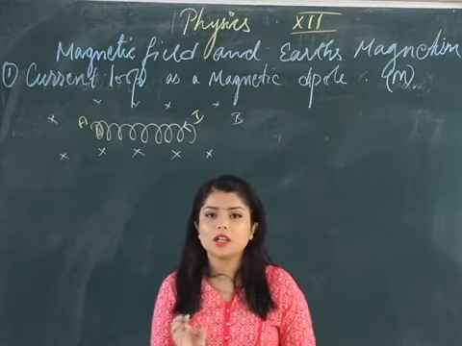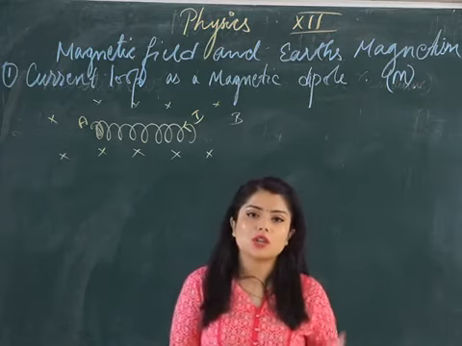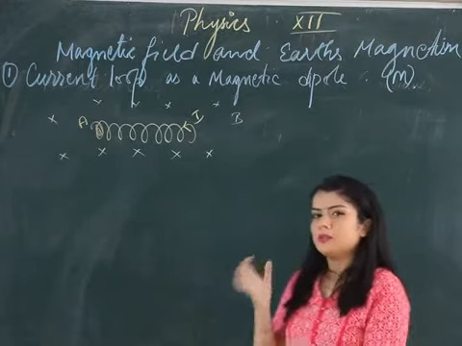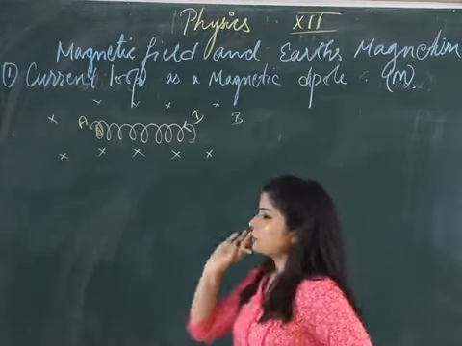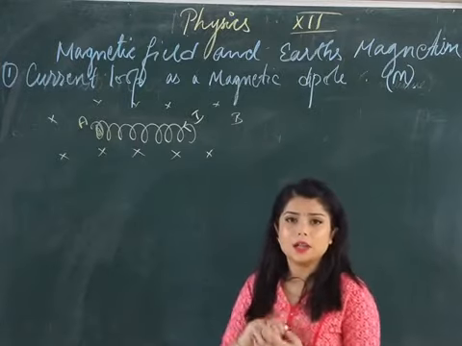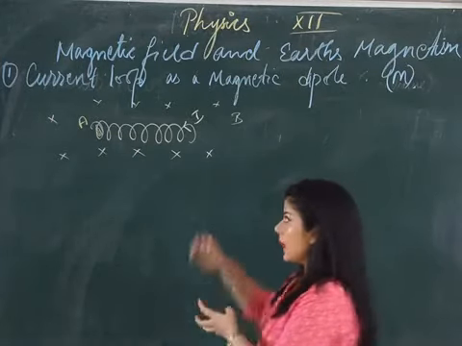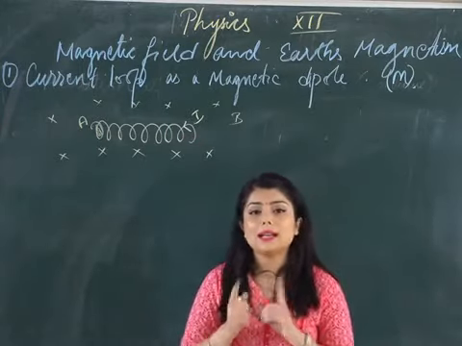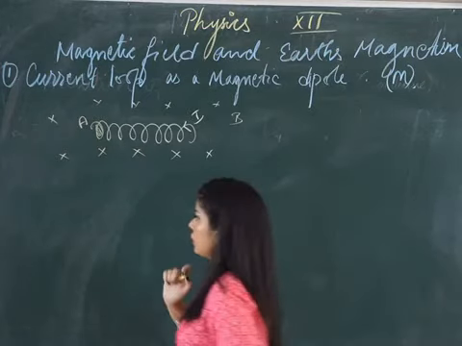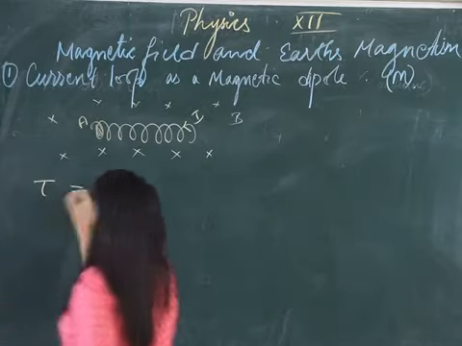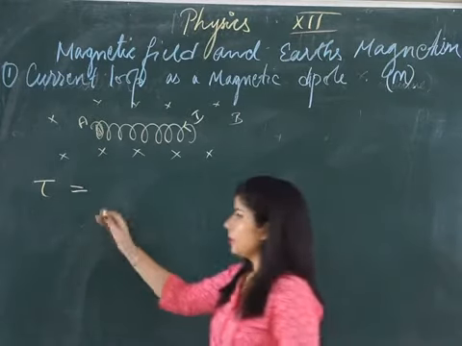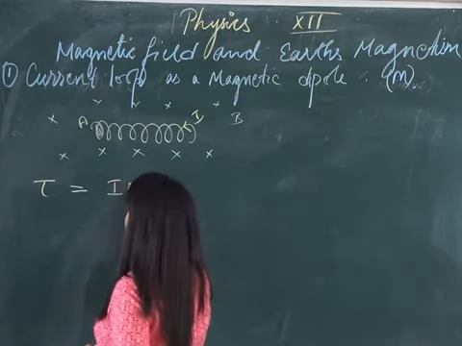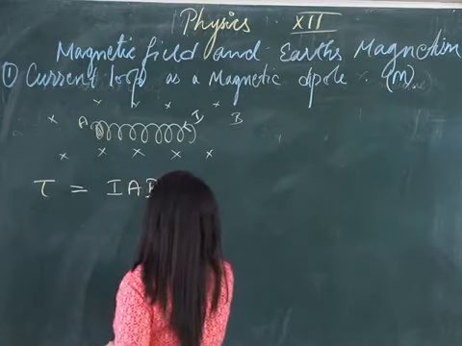Same kind of a topic we have studied in the previous chapter, that is force on a straight conductor. I hope you remember. We have derived the equation also. So you can quite relate with that topic. That is a circular loop kept in a uniform magnetic field. The magnetic field will act with a force on this, then it starts moving. So it starts rotating like a torque. So there will be torque generated in this solenoid, which is denoted by tau. This is torque generated by a magnetic field. So the equation of this torque will be I A B sine theta.